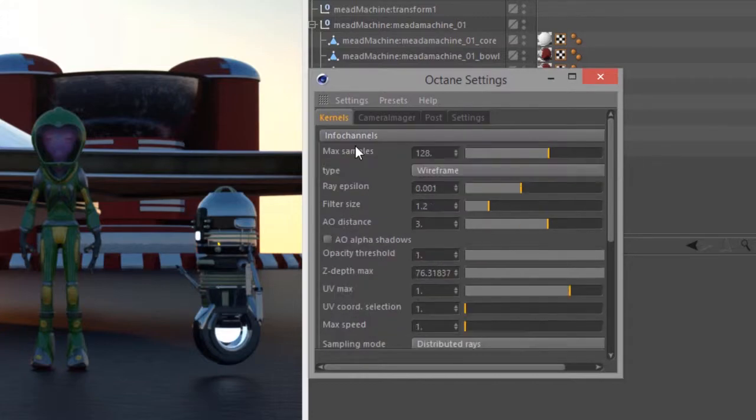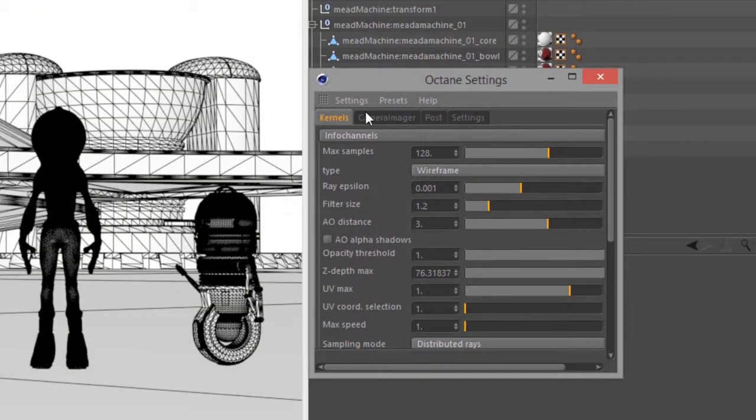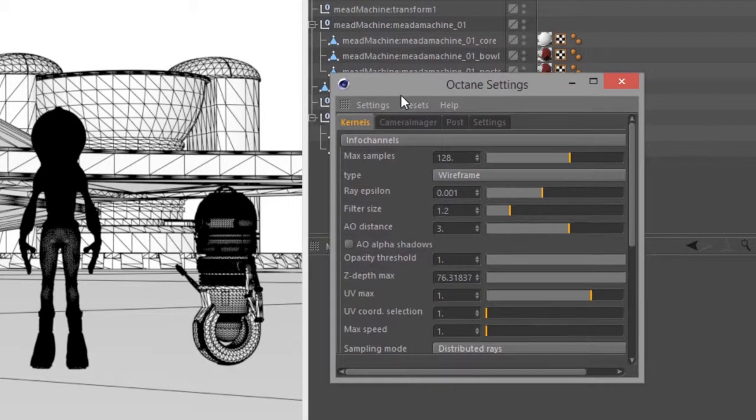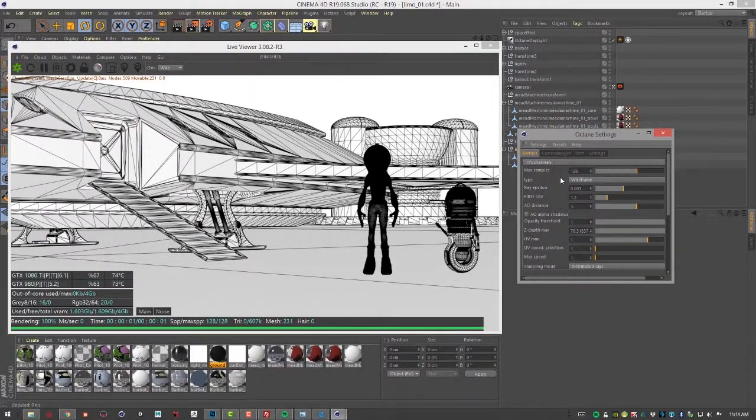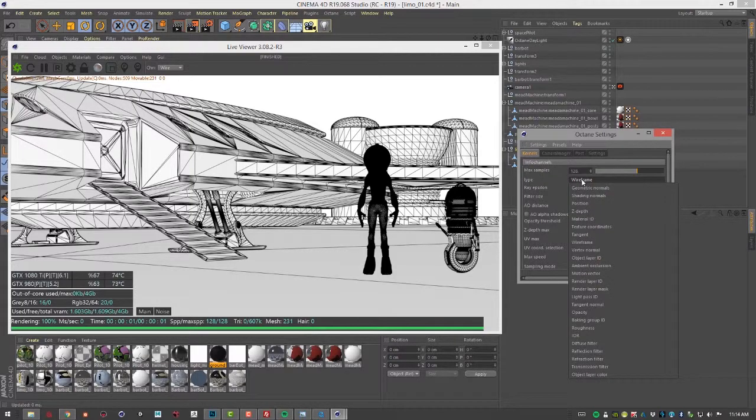I'm going to set this to info channels. So the info channels by default renders a wireframe of the scene. You can see that the type down here determines the type of info channel we're going to see. So info channels are great for diagnosing issues with the scene or rendering different passes that could be used in compositing. A lot of the different types of info channels rendering you'll see are also in the render passes section, so there's a little bit of overlap there. But we're just going to deal with the info channels render kernel at the moment, and we'll talk about render